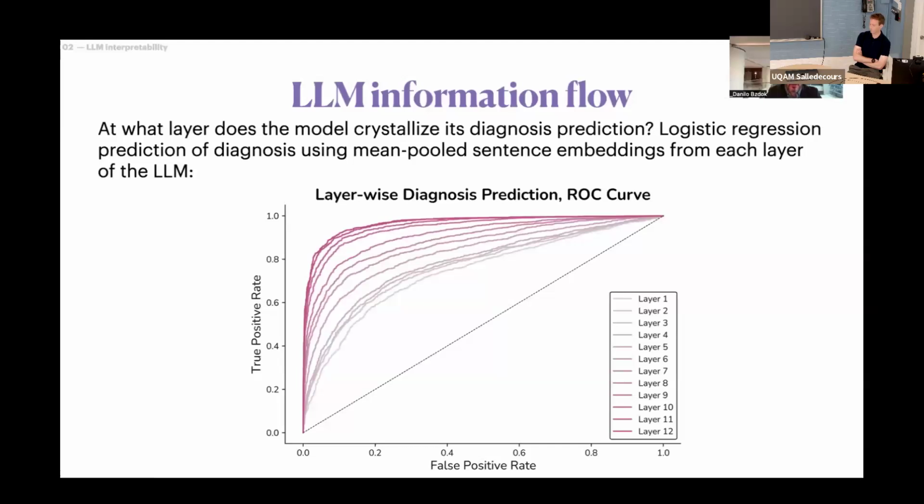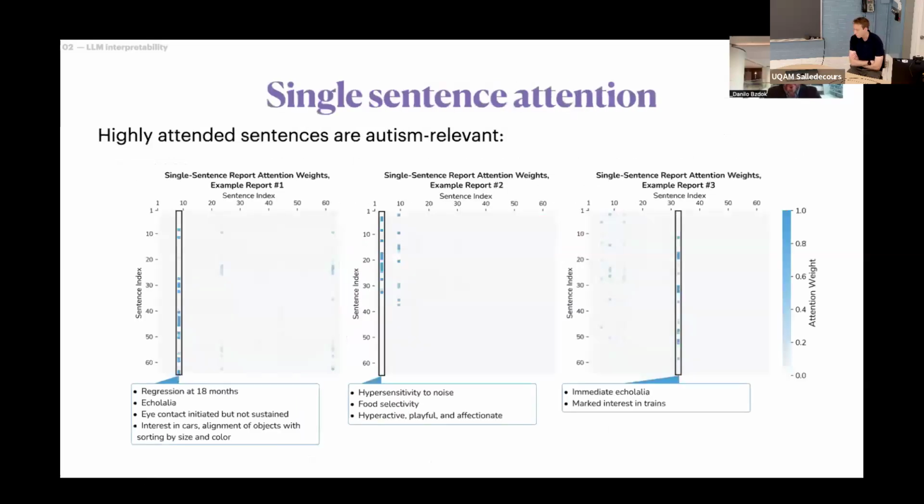So having a deeper model is an important conclusion here. It actually does lead to better prediction performance. We want to have a nested multi-layer LLM to really extract as much information as we can. And what's coming out of this 12th layer is then actually the input for, as you saw, our specialized attention work. So here's an example of the attention scores, what it looks like in one particular report,